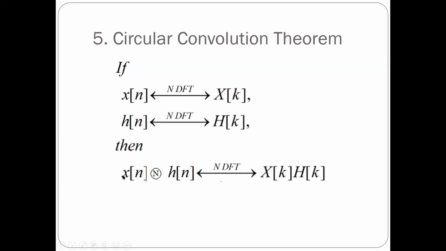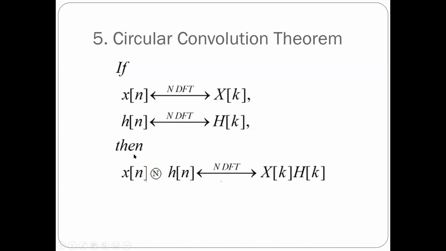So then you know that the n point, that is now the L plus P minus 1 point circular convolution of x of n and h of n, is the same as the linear convolution of x of n and h of n. So this you can implement in the frequency domain like this. Take the L plus P minus 1 point x of k, take the L plus P minus 1 point h of k, multiply x of k and h of k, and take the IDFT. So that should give you the linear convolution of x of n and h of n.